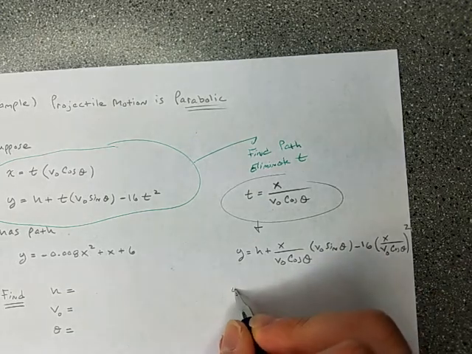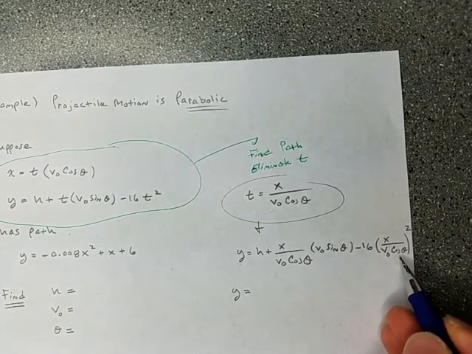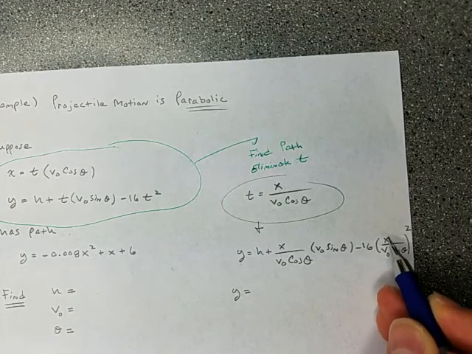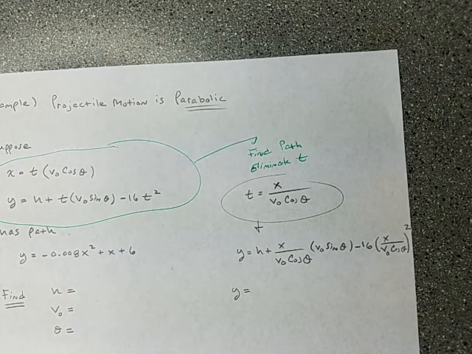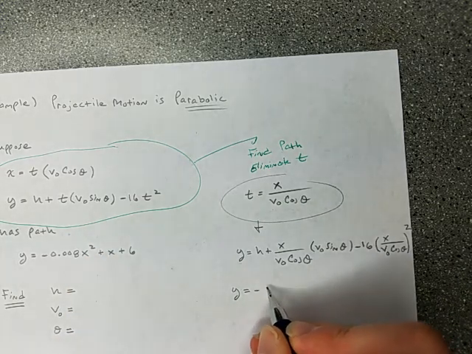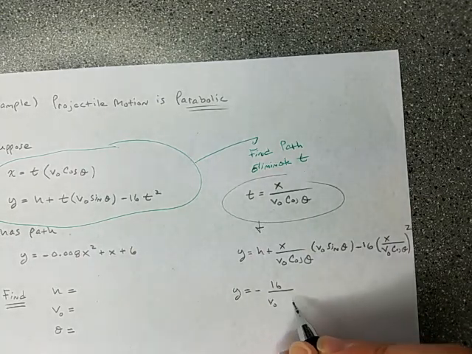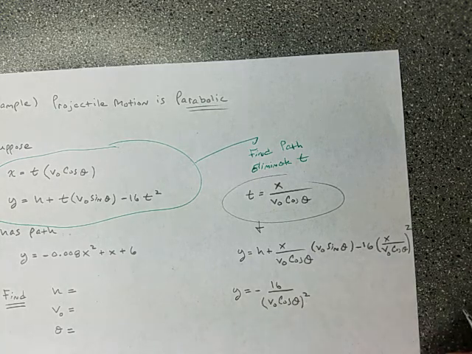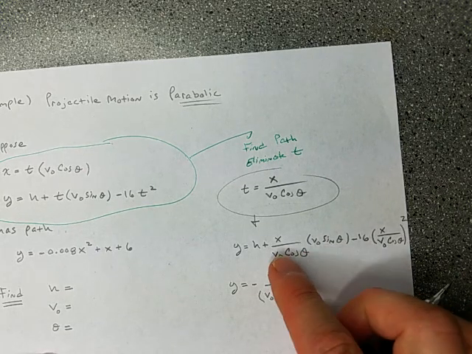Let's see. I'm going to put this term first, okay? So, like v naught cosine theta, that would be a constant, right? And x is the variable in the path. It's a path in x and y. So I'm going to do negative 16 over v naught cosine theta squared. Okay? Then for the second term, I notice the v naughts are going to cancel, and I